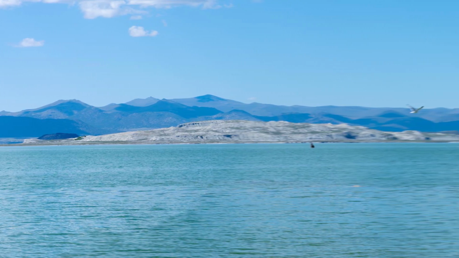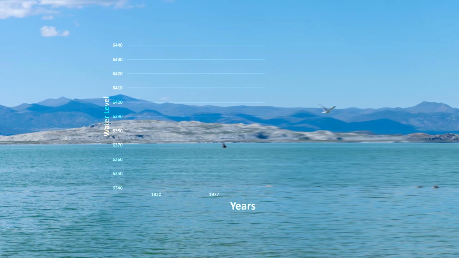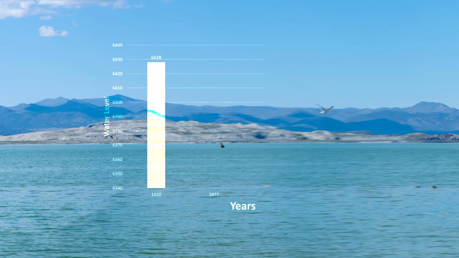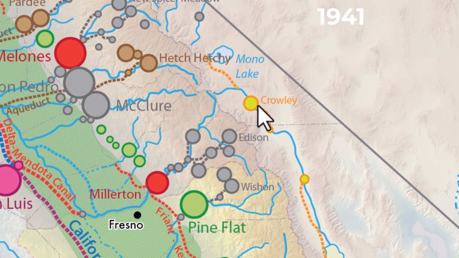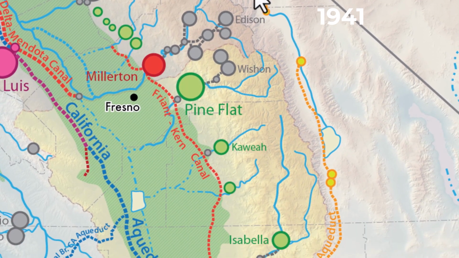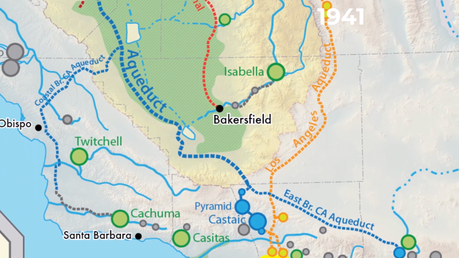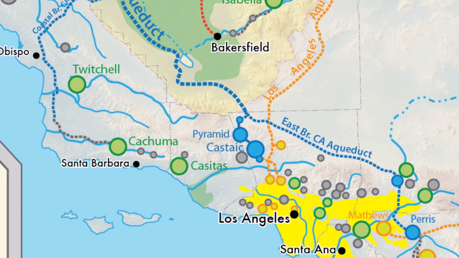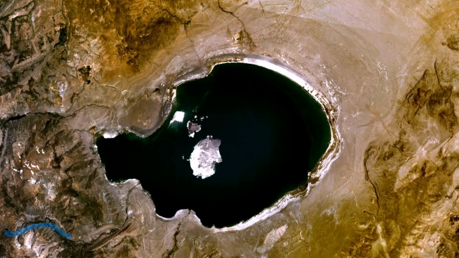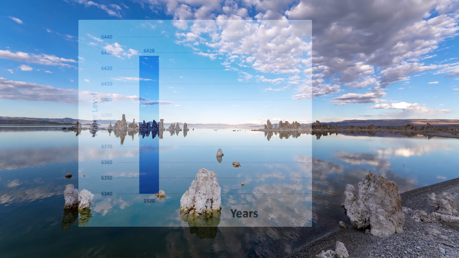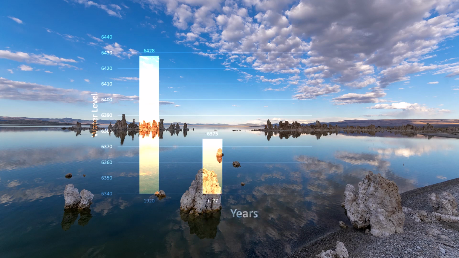In 1920, the elevation of the surface of Mono Lake was 6,428 feet. In 1941, the Department of Water and Power of Los Angeles began diverting water from the streams that feed the Mono Lake and constructed nearly a 400-mile aqueduct to transport this water to Owens River and Los Angeles Aqueduct. The diversion of water from Rush, Leavining, Walker, and Barker creeks resulted in a drop of water surface elevation to